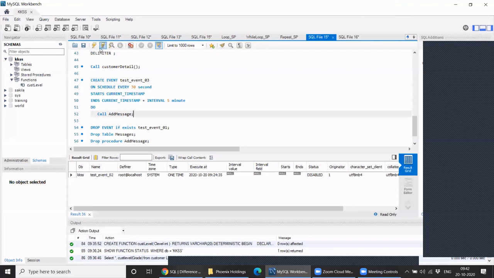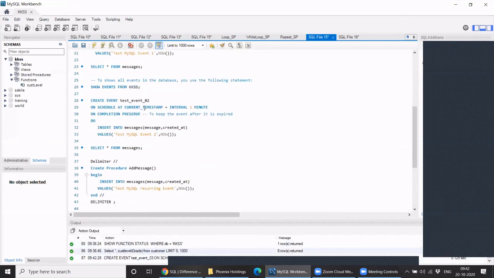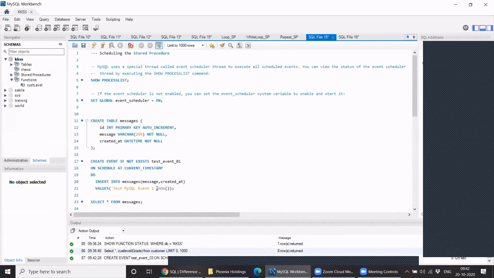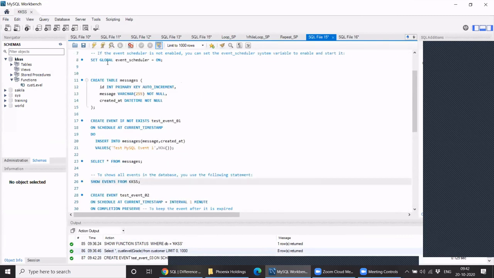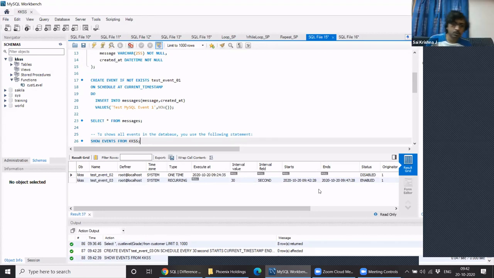If I run this command again and show events, it will show you that this event is currently running. Got it. So it's enabled, and if you have preserved it, it will show all the disabled ones as well.